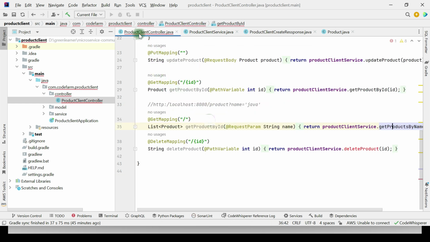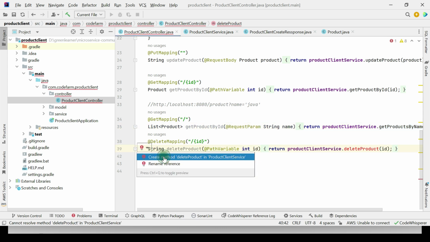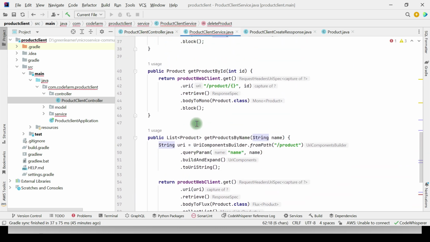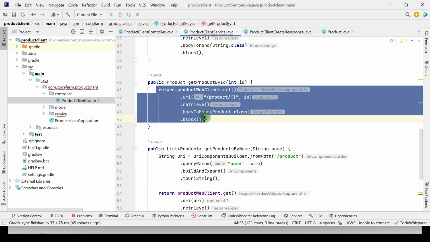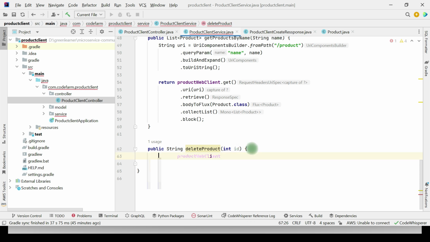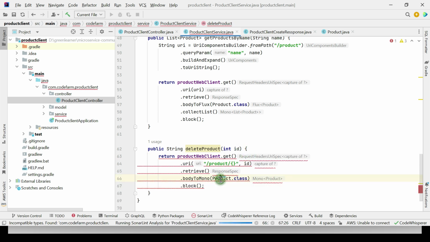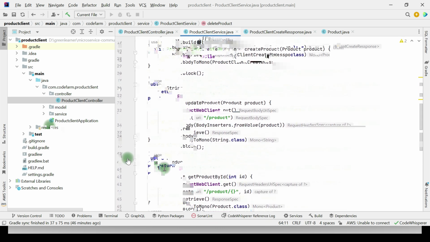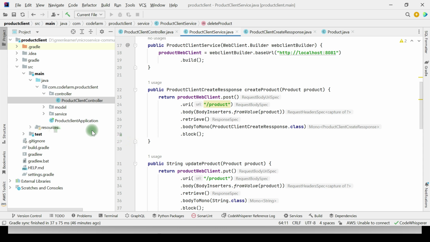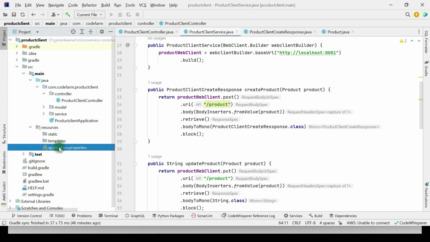So last one is pending, that is the delete one. This is super easy, the same way that we have get one. So I will copy it from this one. This is going to be the String dot class. Okay, and here I have to change the method as delete. That's it. We have all the exception and all sort of things gone. So let me change the port here,